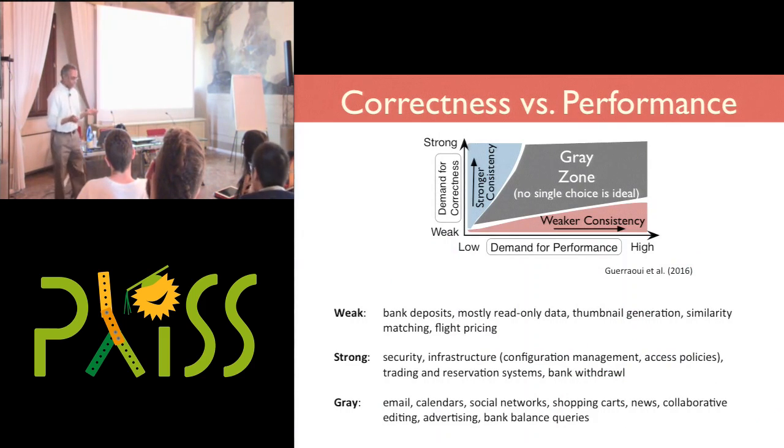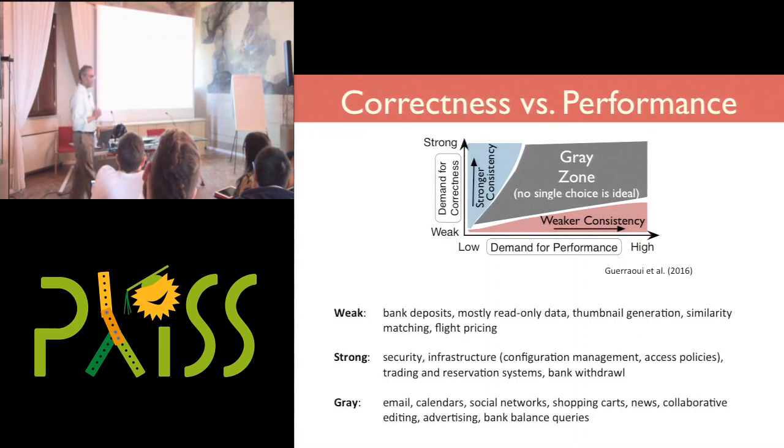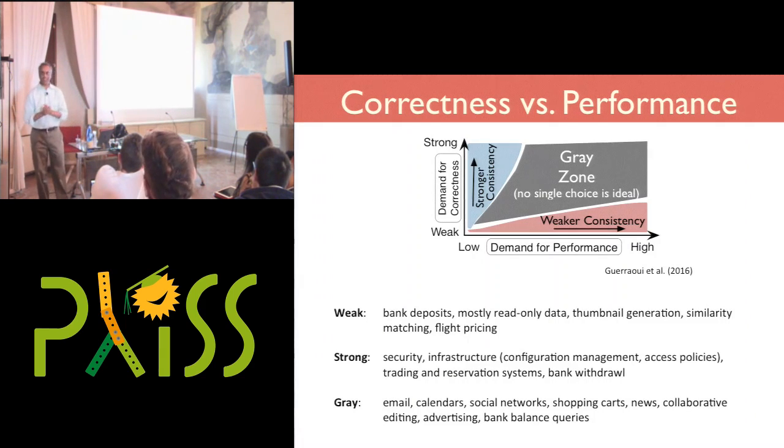There's this question that I've alluded to a number of times on the difference between what we mean by correctness and what we mean by performance, right? After all, that's the game that we're playing. If I only cared about correctness, then all of this becomes moot. I would pay the bucks to do what Spanner does and make sure that everything is consistent. If all I cared about was performance and I didn't care about correctness, then I'm equally in good shape in terms of having to spend brain cycles.